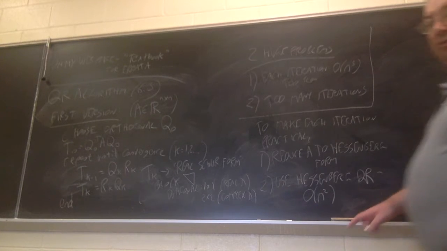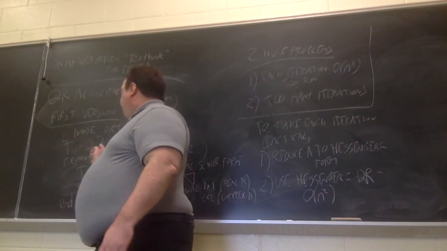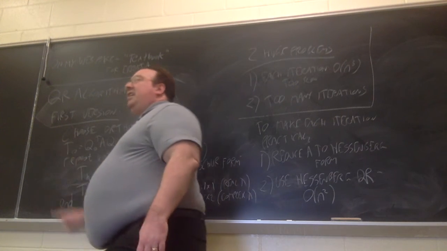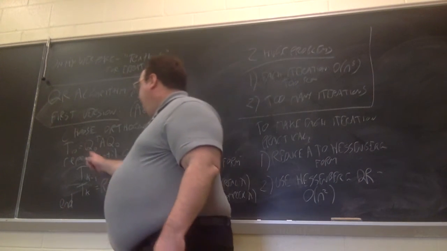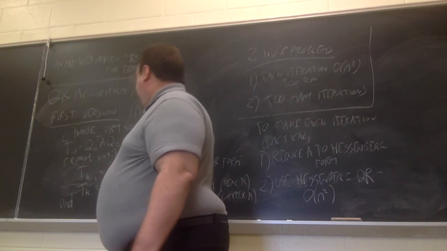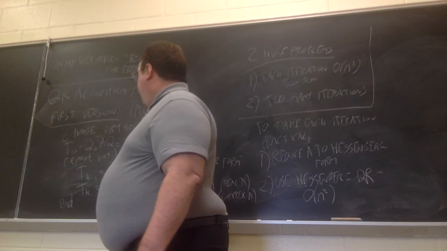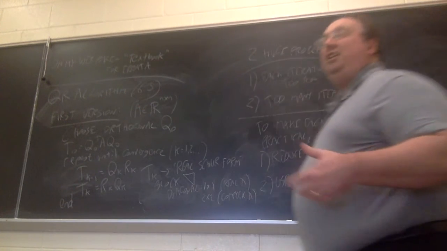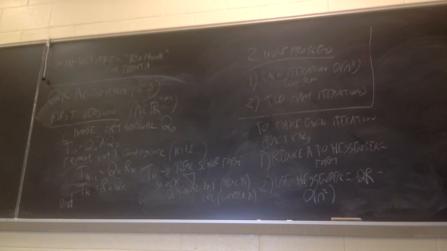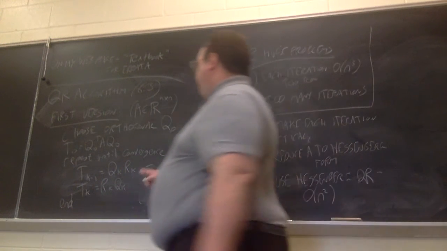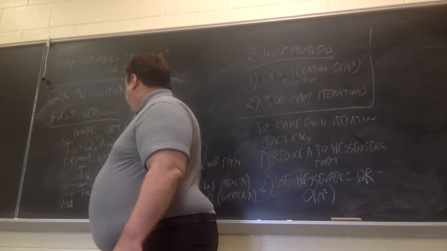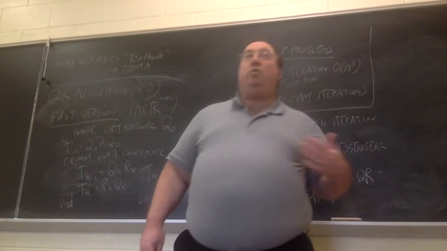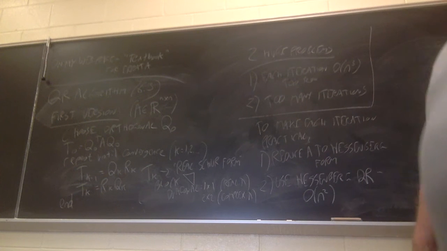Also, let's suppose I do whatever I need to do here to make T_0 a Hessenberg matrix. So then I get my cheaper QR factorization down here. But then I compute T_1. How do I know that T_1 is also going to be Hessenberg, so that the savings will continue into the next iteration? Now, it turns out it does work out that way: if you take a Hessenberg matrix, QR factorize it, and then multiply the factors in reverse order, the result will be another Hessenberg matrix, but I have to show that.